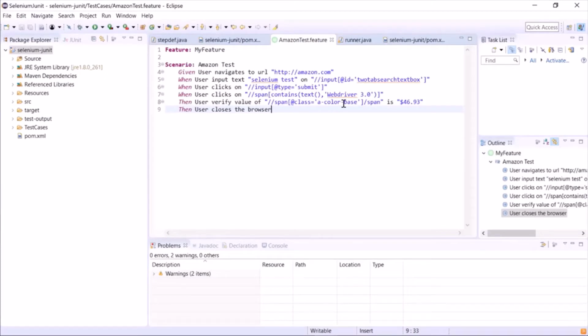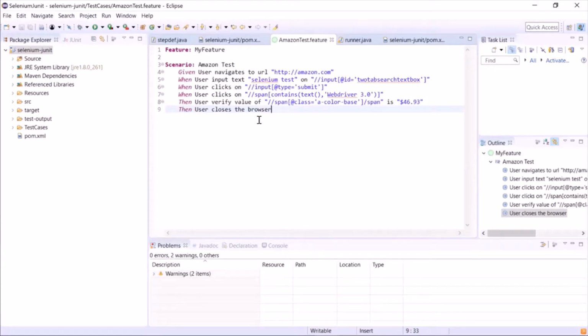TestNG is another test framework which is used to cover a wide range of test categories like unit tests, functional tests, integration tests, and so on, with more functionalities. It's always a debate which one is better: should one go with JUnit or TestNG, and what are the differences between these two? Today we are not going to discuss that. Please watch my next video where we'll see the comparison between these two in detail. Now let's see in action how to run your test with TestNG.